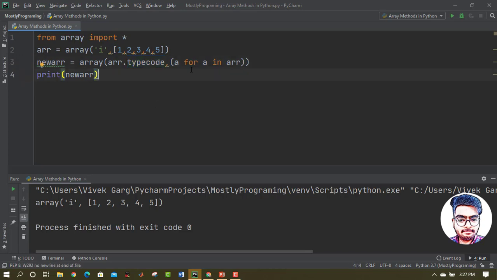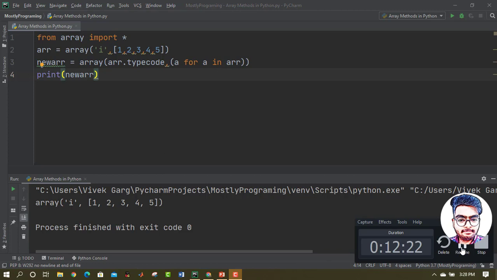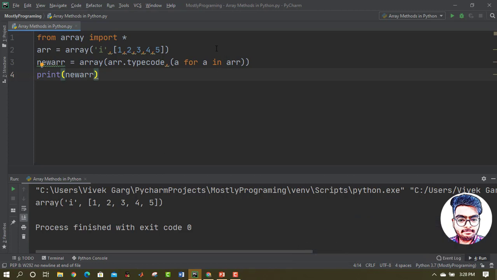So basically what this for loop is doing, it is taking a value from the already existing array arr and giving it to the new array, which is newArr. The arr.typecode is giving it the same type code as the already existing array, and the for loop is taking one value from arr and giving it to newArr, and then we are printing it.